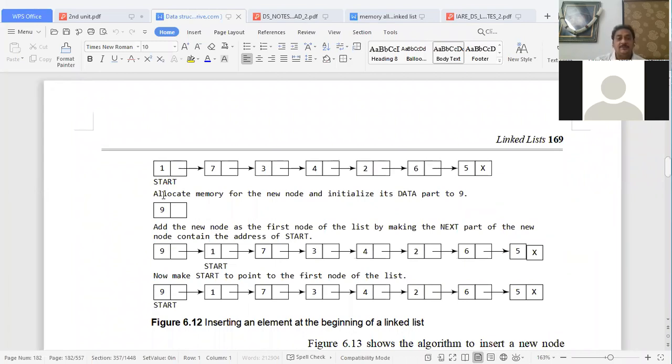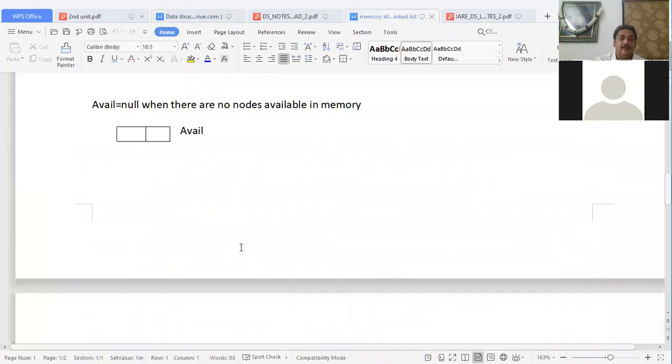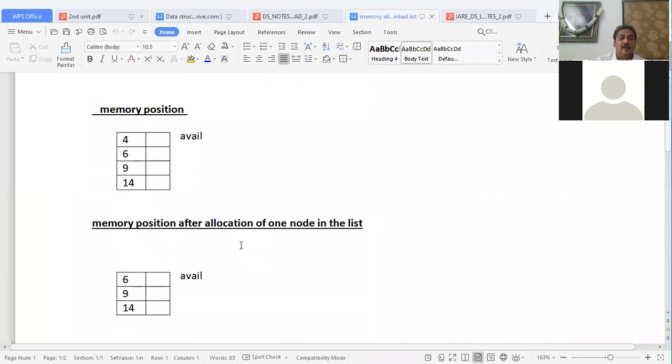For that, first get the node from the memory, allocate memory for the new node and initialize its data part to 9. What does it mean to get a node from the memory? In the memory, there is an available list like this. There is an available list in the memory, and both lists were explained in the previous classes.